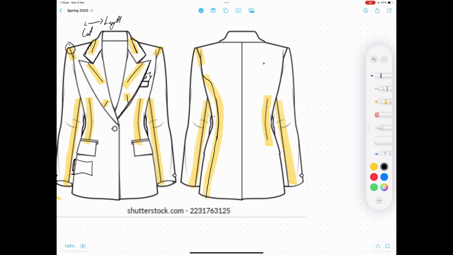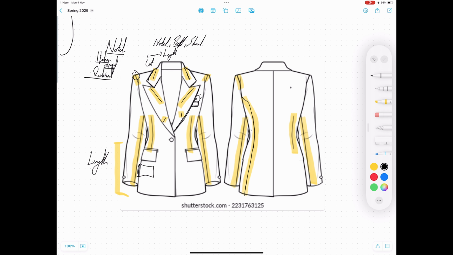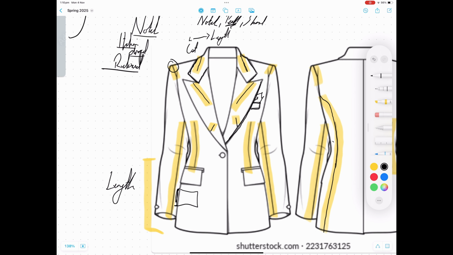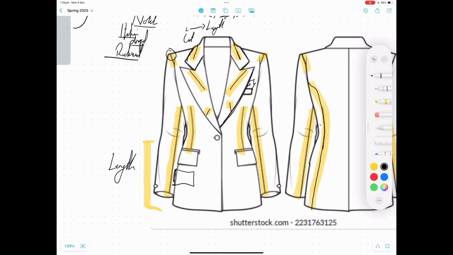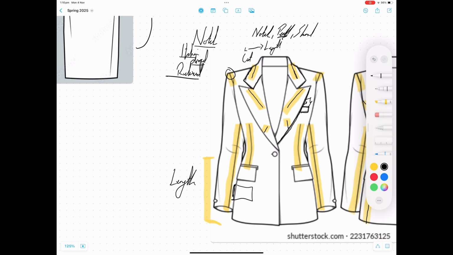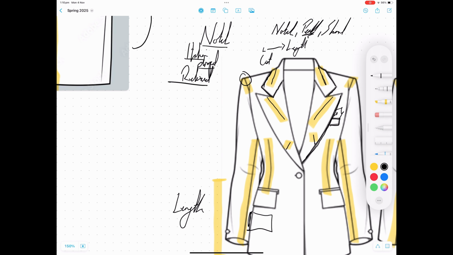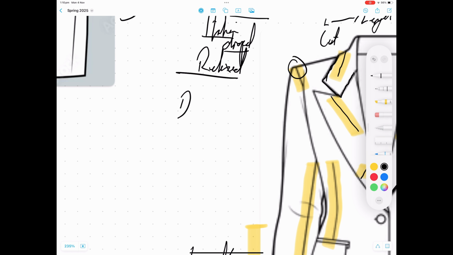There's many things you can do. There's many different things you can do with this. But this is a quick overview of a jacket. I always find lapel is the defining feature. The waist is the defining feature. So when you're looking at jackets, it's very much the defining features